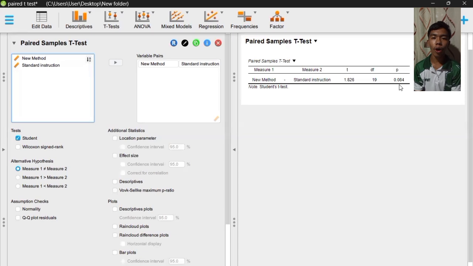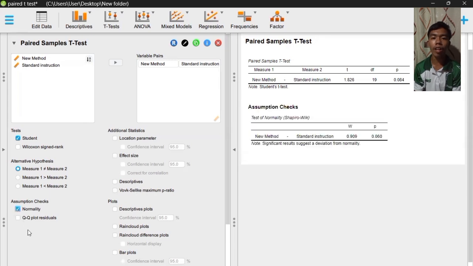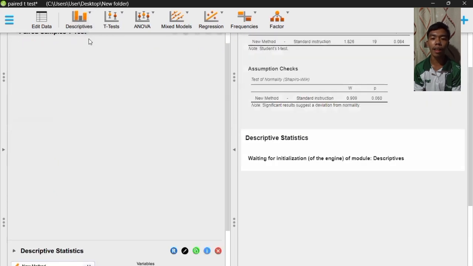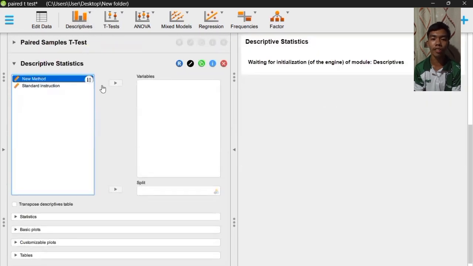But then again, always remember, students, that aside from clicking the paired sample t-test, we're also going to check for assumption checks, which is the test of normality, and our descriptives. We need all of this data in order for us to make an assumption, a decision, an interpretation, and a presentation of results.